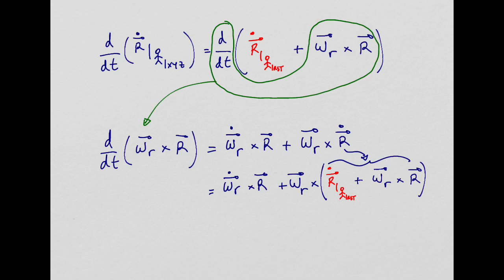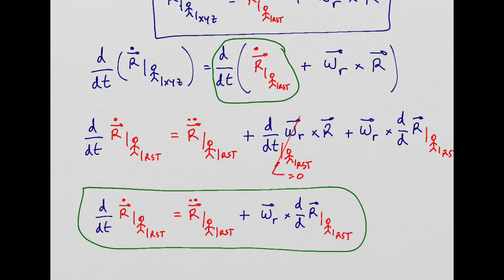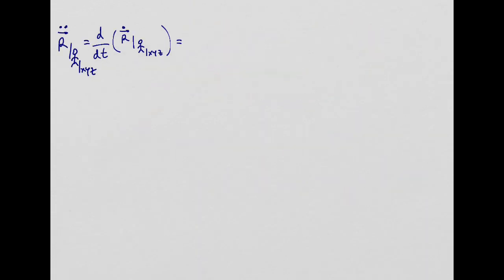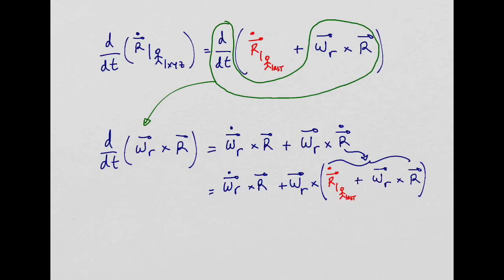Putting everything together now, my final acceleration, if you want, r double dot perceived by an observer in the x, y, z is going to be equal to this, which is going to be equal to this first component here, which I'm going to copy all of it to here, plus all this component we have here, derived here at the end,